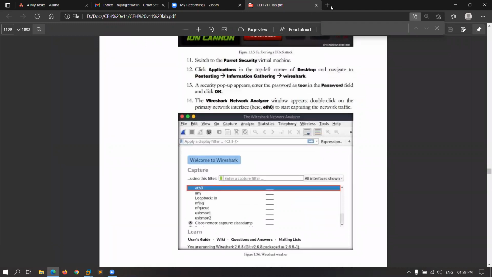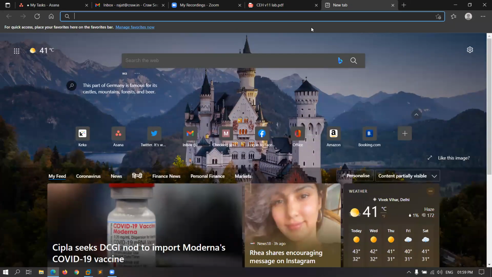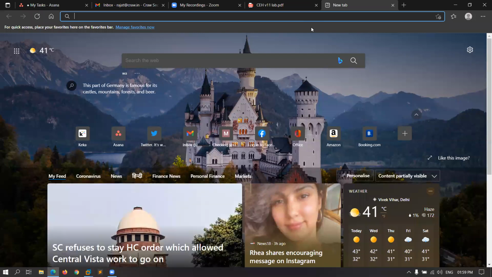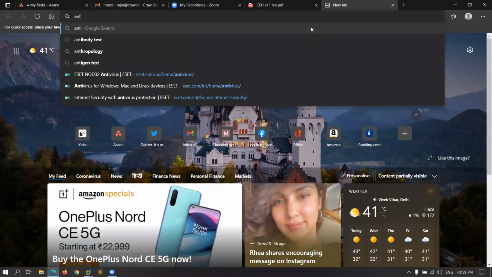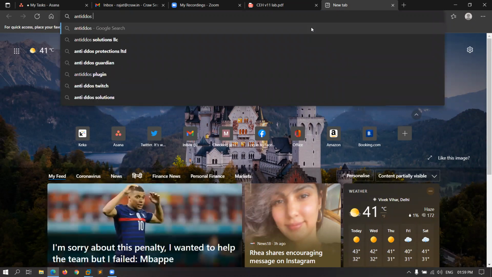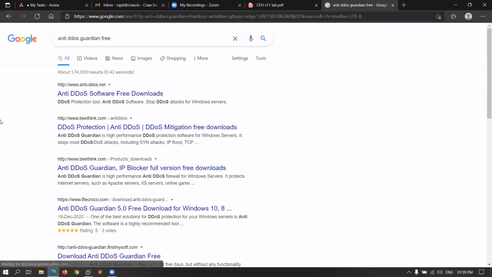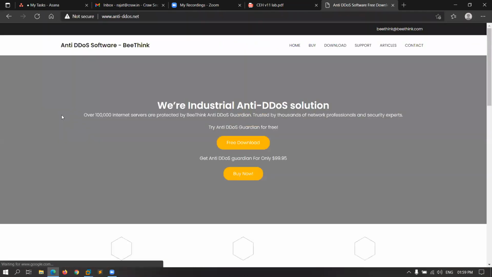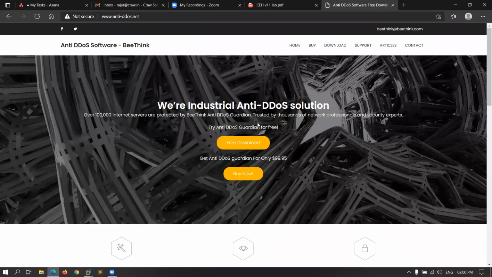Now coming to the savior portion, how can I prevent myself from this kind of attacks? So there is a tool which is Anti-DDoS Guardian. You can use this tool in your systems to protect yourself from any kind of DoS attack.